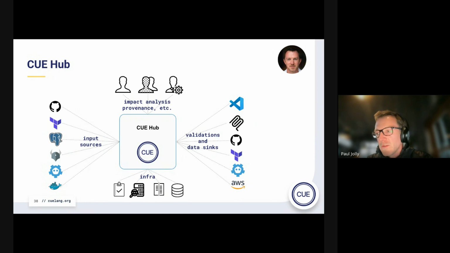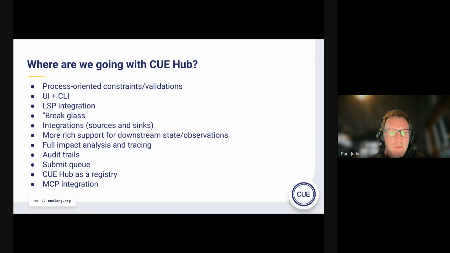When we share more details over the next month or so, it'll be more about how and where we can plug in different types of sources and have different sinks off the right-hand side, whatever name we arrive on. And then what kind of operational benefit folks actually get from having Q Hub in the middle there. We had some great conversations at Config Management Camp about what people would want to see from Q Hub, so thanks to those folks who popped along to see us. There is a long list, and we talked about a number of these with folks who dropped by, about where Q Hub could or should go.